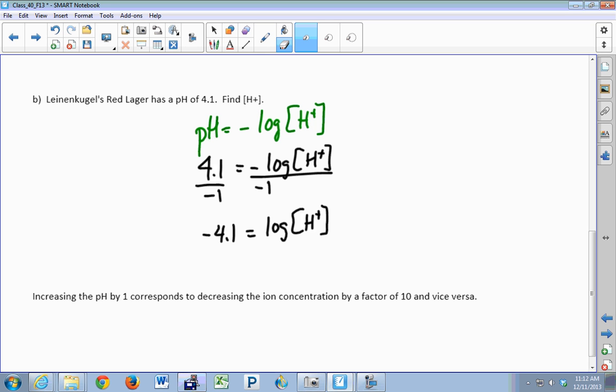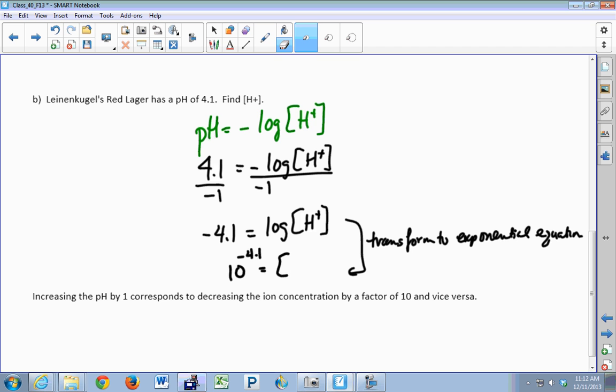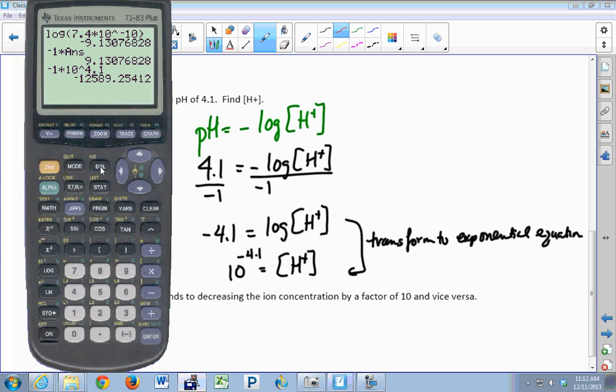And now we convert it to an exponential equation. So we transform this into an exponential equation. We know its base. The base of the exponential is 10. Our exponent is -4.1, and that's going to give us our hydrogen ion concentration. Okay. We know it's got to be some small number. We can't be having the numbers that we just got a minute ago. So let's see what it is. Let's clear this out. 10 raised to the -4.1